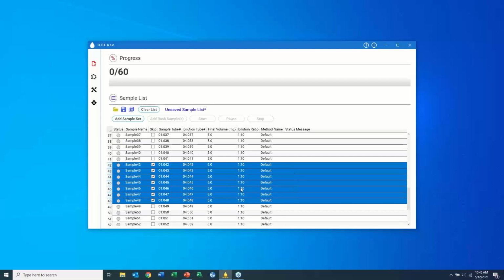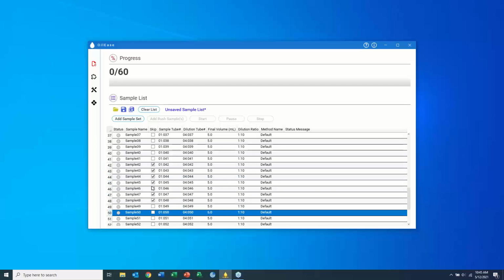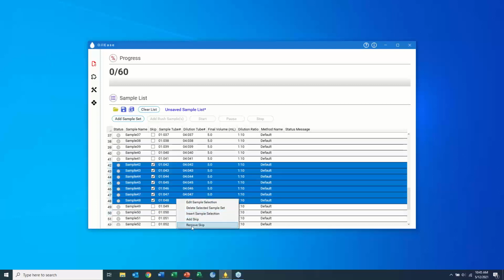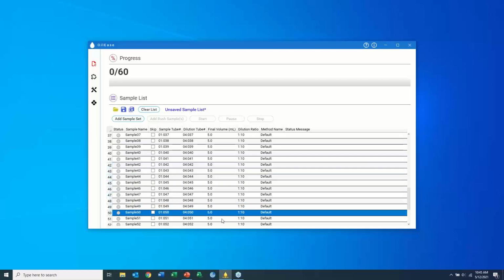So add a skip allows you to very quickly skip those. You can see the check boxes filled in, and then if you run this solution, essentially when it gets to them, it'll just skip right over those. Of course, if you did that on accident, you can right-click, go back and remove your skips, or if you